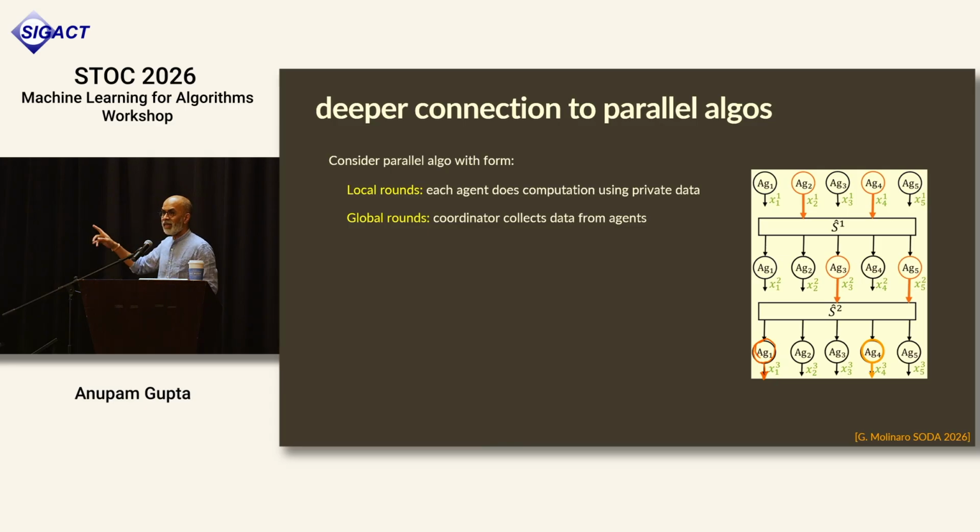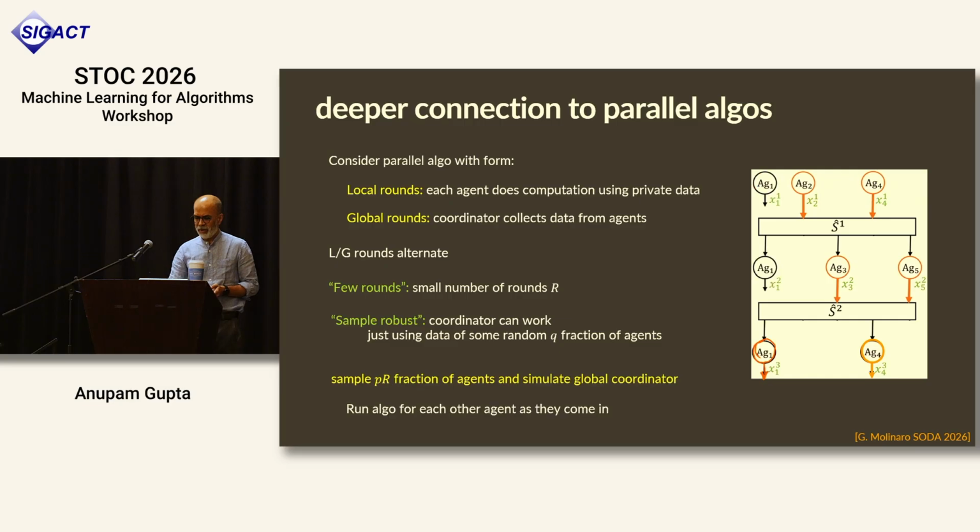And we can call these sample robust if the global computation that I need to do can be implemented using a sampling of the agents. If you can do this, and if you have a low round algorithm, then you can again get an algorithm which is good with samples. That's a similar philosophy from the first paper, right? But implementing this for packing covering problems,